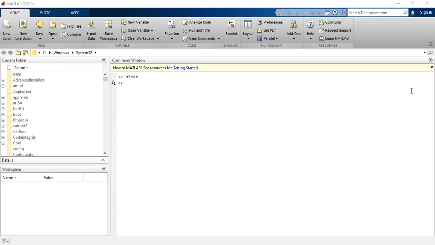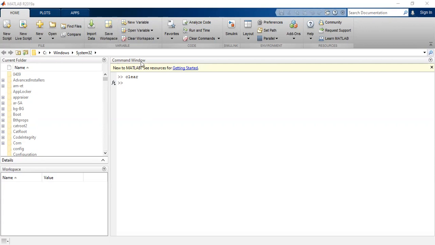Once we open MATLAB, this is the first page that comes. Here we can see that this is MATLAB R2019a which I am using, and this is the first screen which you can visualize when you enter the MATLAB environment. This is the current folder, in which you can see which folder you are particularly using. And this is the workspace.